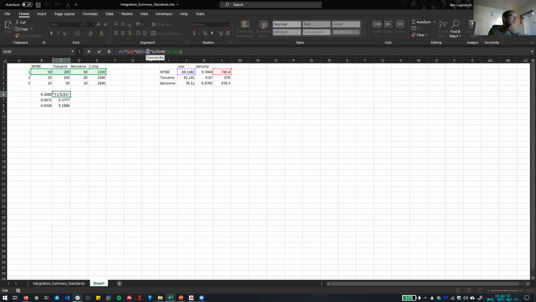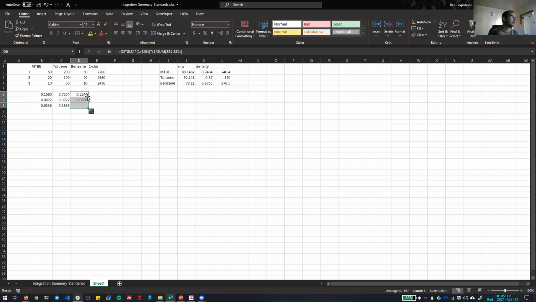Oh, I forgot to fix this again. Drag that down, that should be okay. And do that. Okay, so now if we drag this over, we should have the correct sum. It does, but we need to modify this again to give our density and molecular mass of benzene this time. And there we go. So now what we have are concentrations in moles per liter of each of our analytes